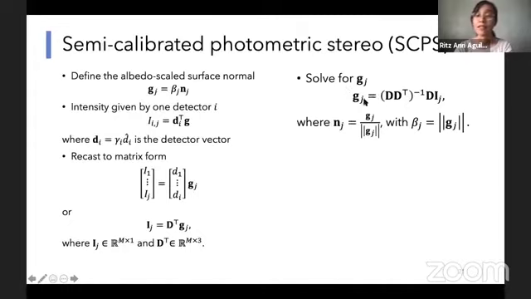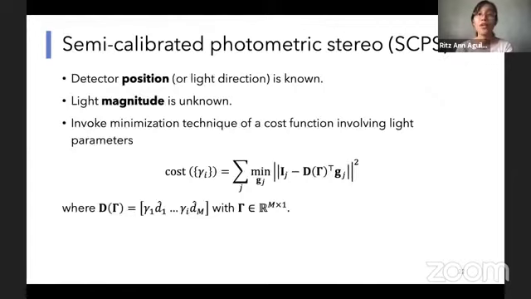And then we have this formula here for solving GJ. And then from there, the surface normal n sub j can be extracted. And this one here is what you need to extract the 3D shape of the object. Using this algorithm called semi-calibrated photometric stereo, if the light magnitude is unknown, for example, that's hitting the single pixel